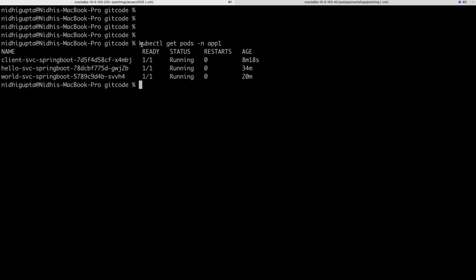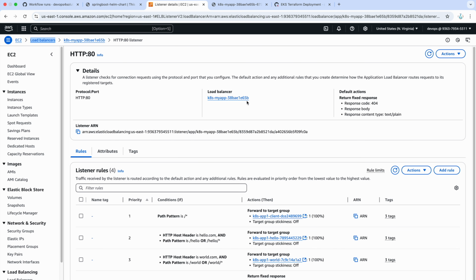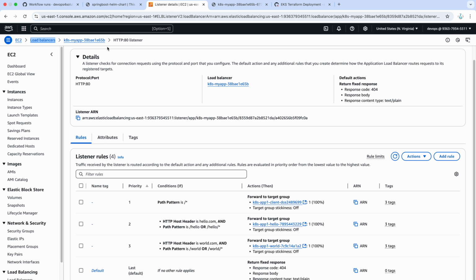Now you can see that all the pods are created for all three of our microservices. And now we will check our load balancer configuration. Here you can see our load balancer is also created successfully, and it has created three rules. In this, I have just removed the HTTP host header to do the testing because we don't have a proper domain name that we can test with right now. So I have just removed the client.com host header from here. And if you look at this website, the load balancer, you will see hello from hello service and hello from world service.